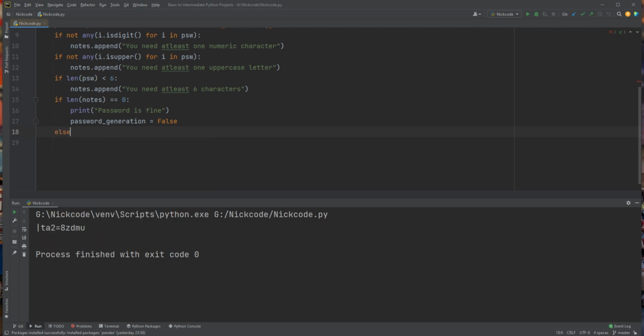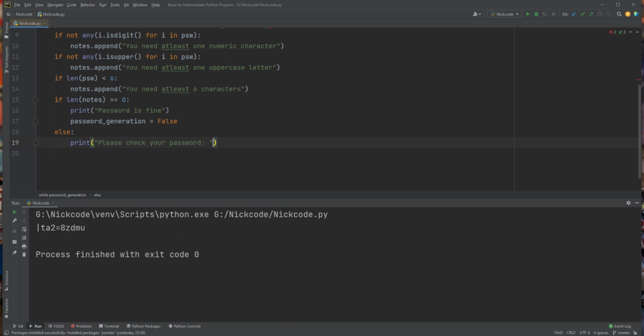But if the length of notes is not 0, we want our while loop to iterate again from the start. So I will print, please check your password, okay,